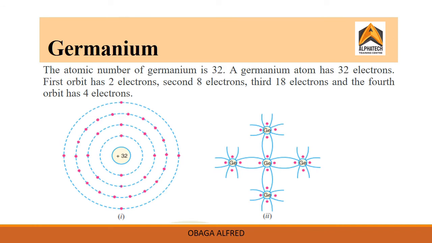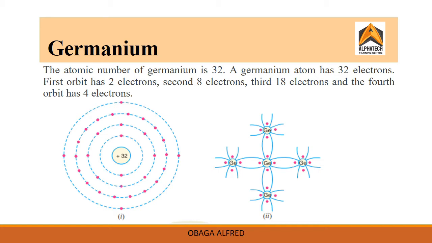Now let us look at the commonly used semiconductors. We have two commonly used semiconductor materials, that is silicon and germanium. The reason why these two are frequently used is because the energy required to break their covalent bonds, or the energy required to release an electron from their valence band to the conduction band, is very small, being 0.7 electron volt for germanium and 1.1 electron volt for silicon.